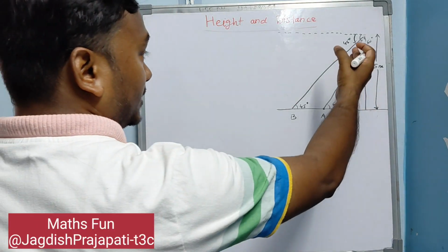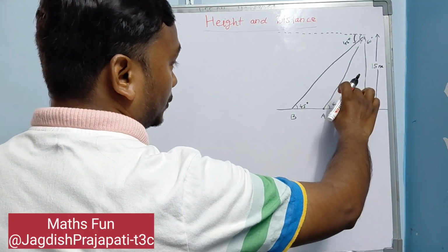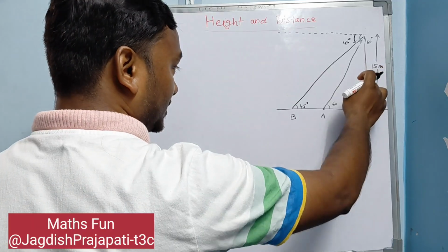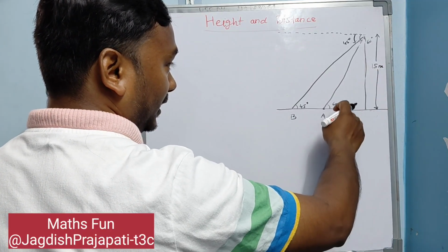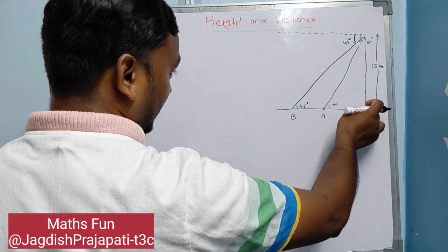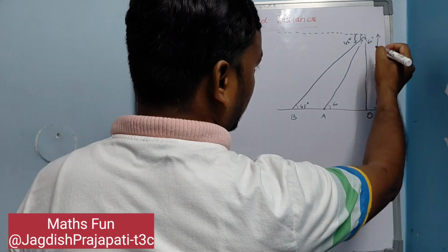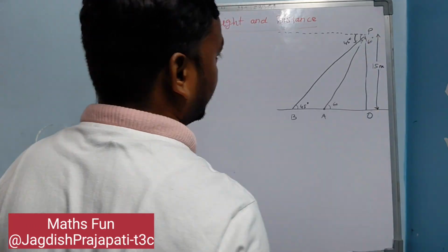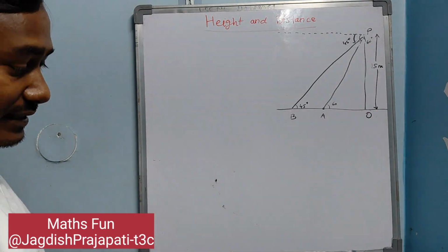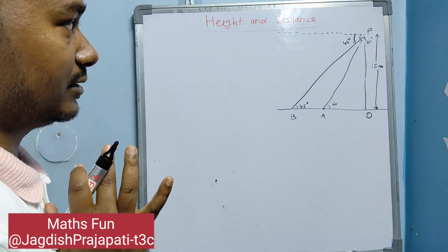So here we are seeing two triangles. For this angle, we will set up a relation with this and this side, and for this triangle, we will set up a relation with this side and this side. Now, let's say this is O and this is P. Okay. So every information you have to write. I am just explaining here.